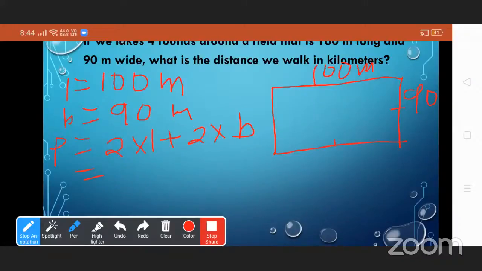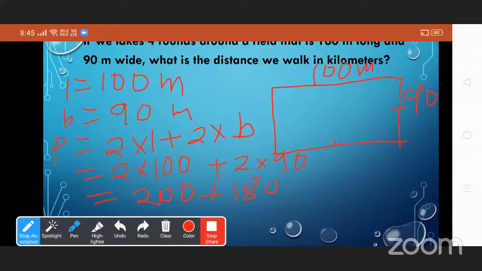This is length. We have to do multiplication, not only addition. So 2 into L plus 2 into B. B is 90. So 2 into 100 is 200 plus